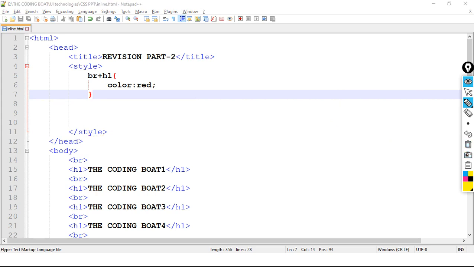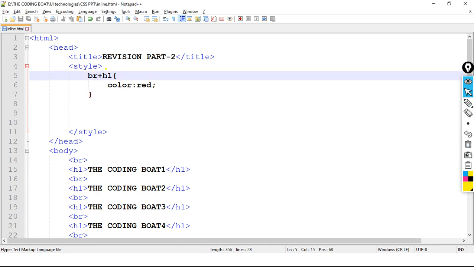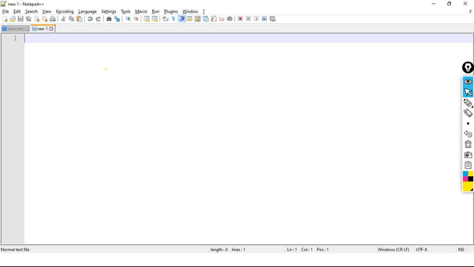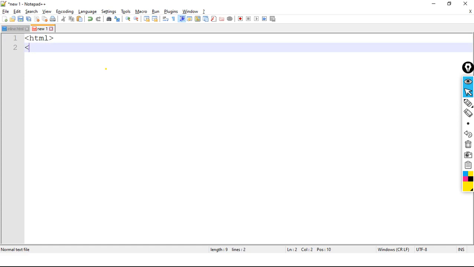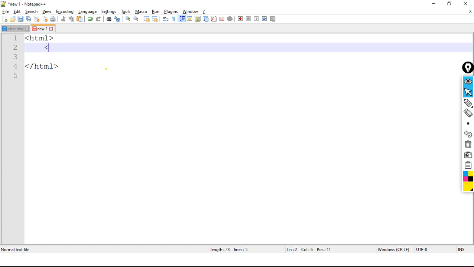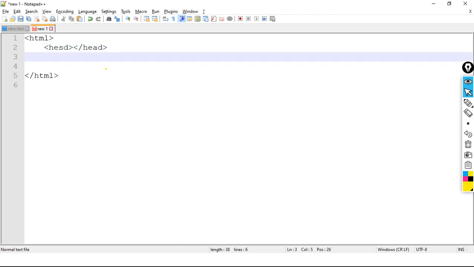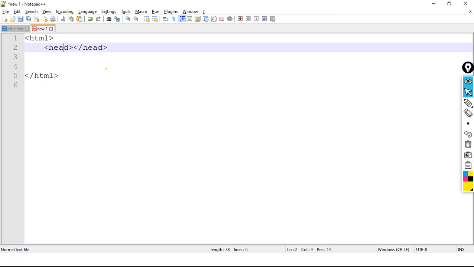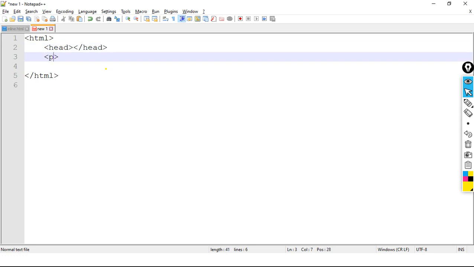Let me remove this. Now again, let me write here html slash html, head section slash head section, then we have body slash body.